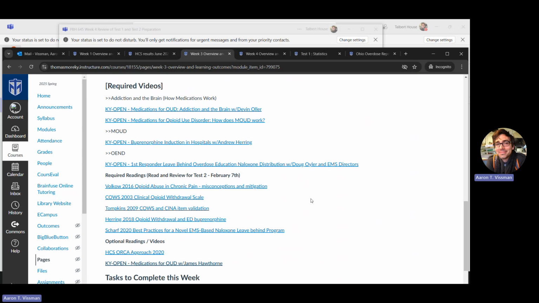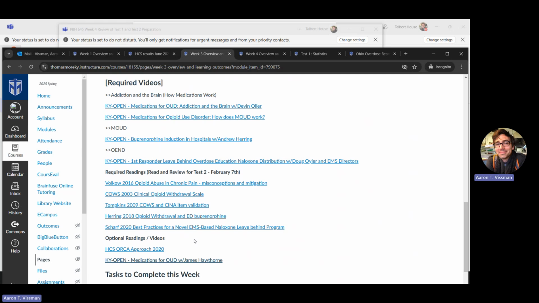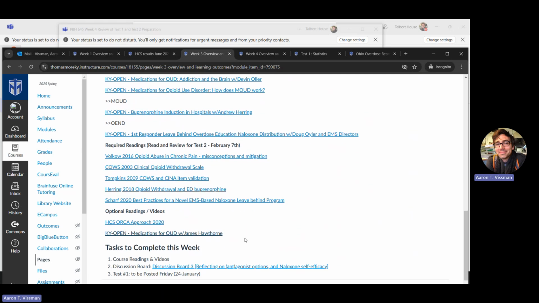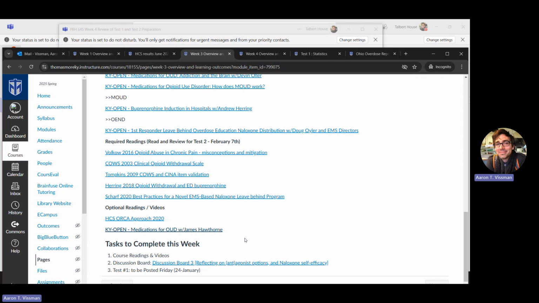You'll be tested on pretty basic concepts, such as, what are the FDA-approved medications for opioid use disorder, essential differences between antagonist and agonist medications, receptors in the brain that these drugs work on, and particularly naloxone and how that effectively works in the body, mitigation and treatment strategies. Some of these were defined by Nora Volkow in this article.